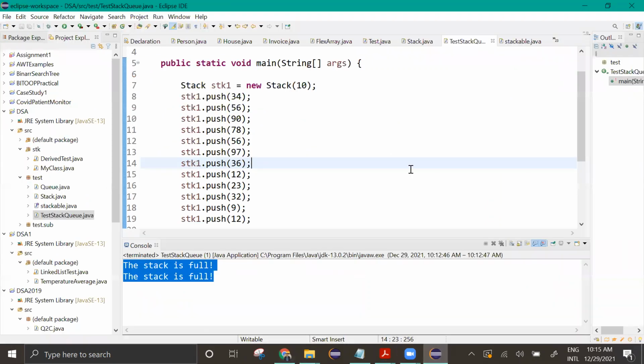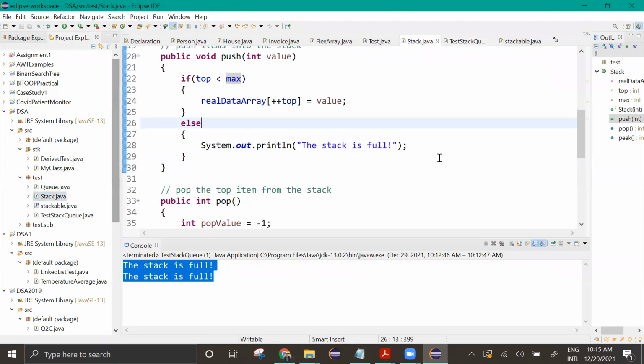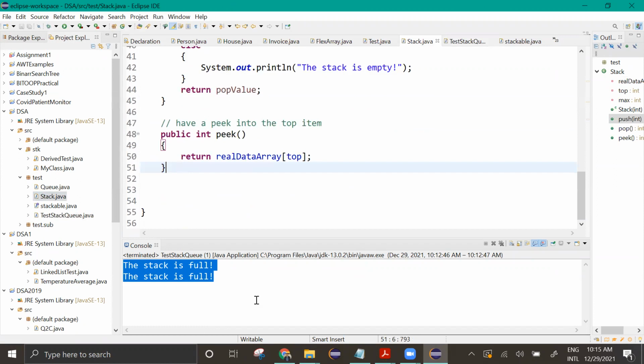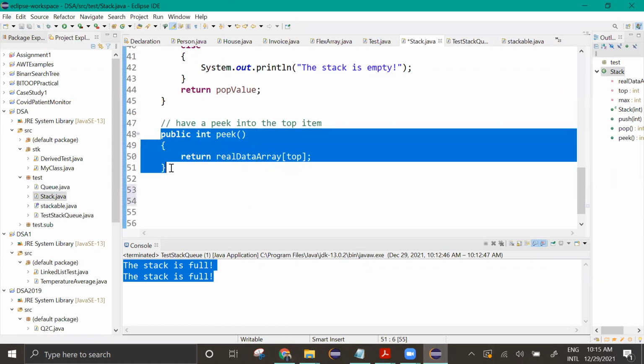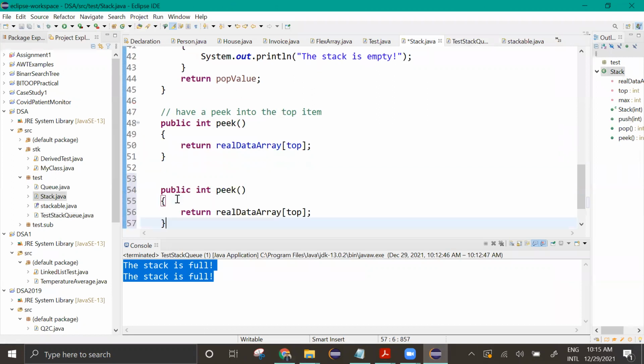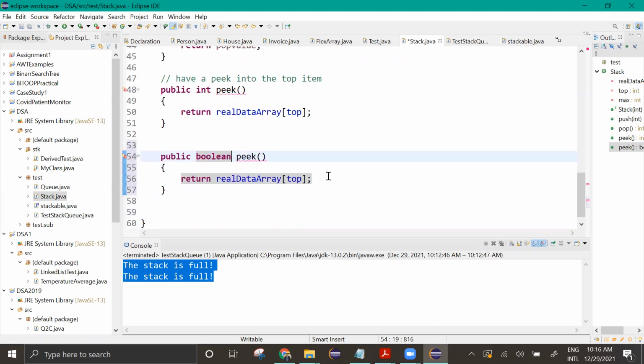Right. So that's also possible, right? I can add a new method. Boolean. We can return a Boolean, isFull, whether the array is full. So return